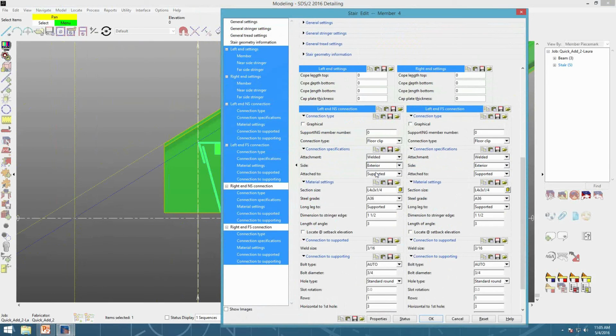My side, I'm going to have this be interior. My section size, I'll just change this to a 3x3 by a quarter. My dimension to the stringer edge, I'm going to put this at 3 as well. There is a checkbox here to locate at the setback elevation. So if I want to bring this up that 1/2 inch,